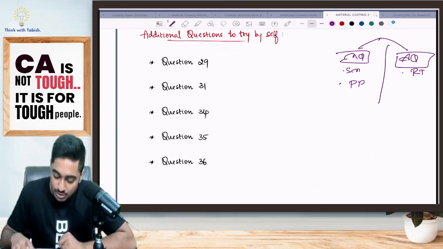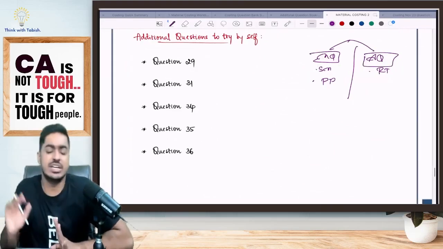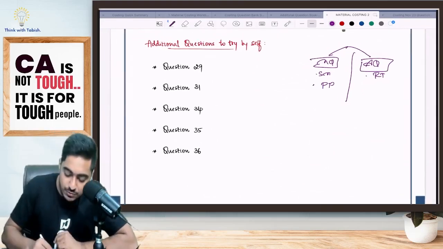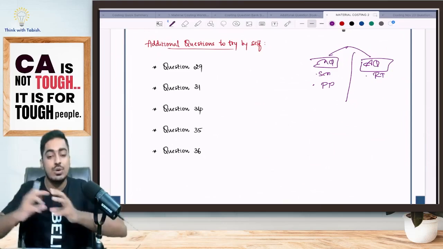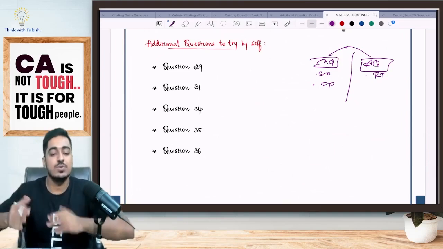Know that this is an exam-oriented batch. So, all questions in the most detailed way could be a bit difficult. So, for all these questions, wherever adjustments are there, I have given a note at the end of the question telling what the adjustment is and what we are doing.